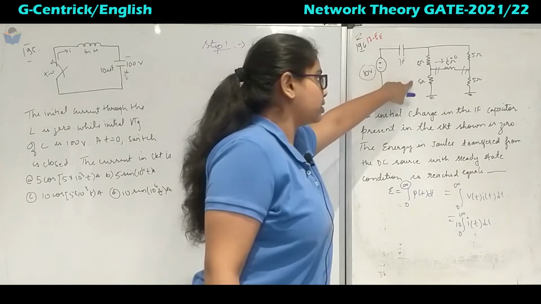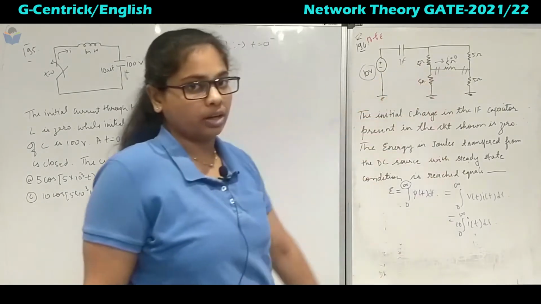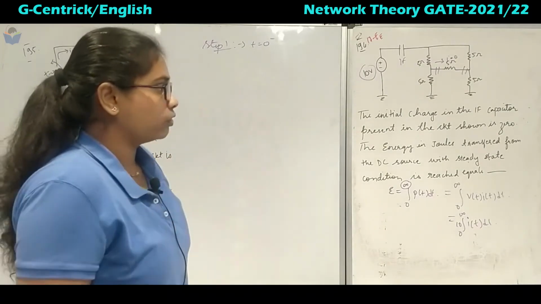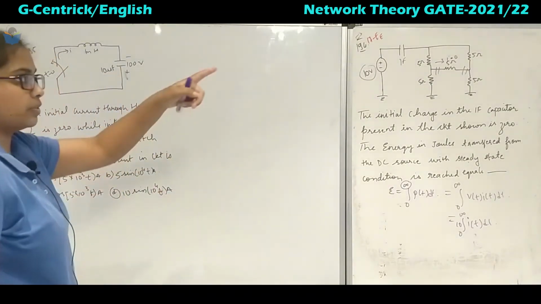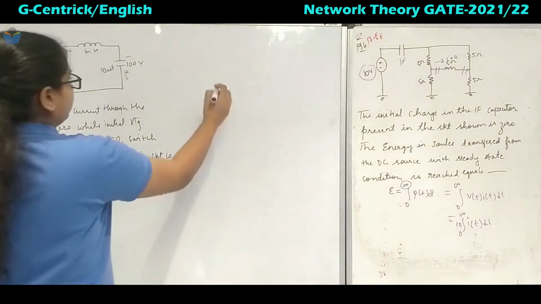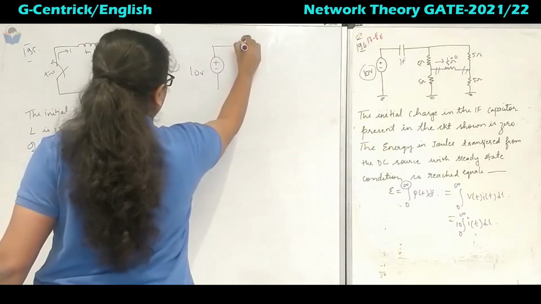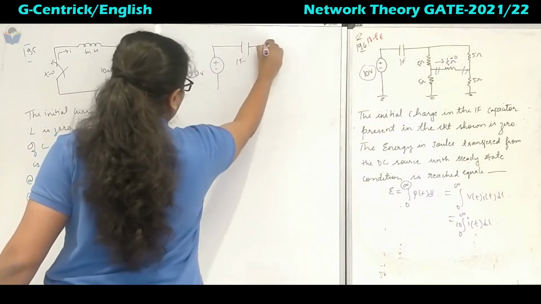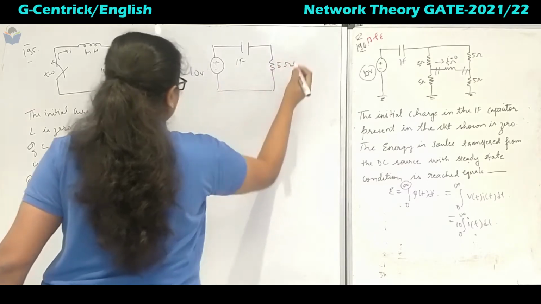How do we do that? This is in series 10, that is in series again 10, and the 10 ohm and 10 ohm are in parallel. So it will be 10 over 2, that is 5. We will not analyze using the transient, but we will go with the Laplace. So this circuit will be 10 volts with a 1 farad capacitor and a 5 ohm resistor.